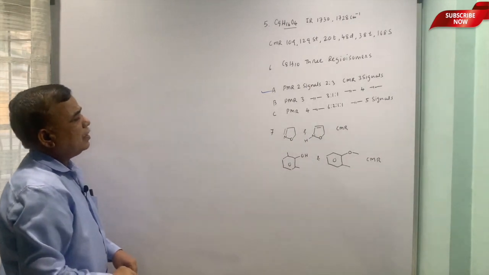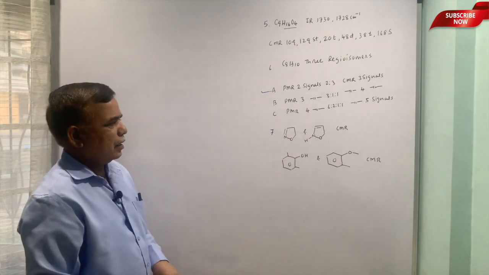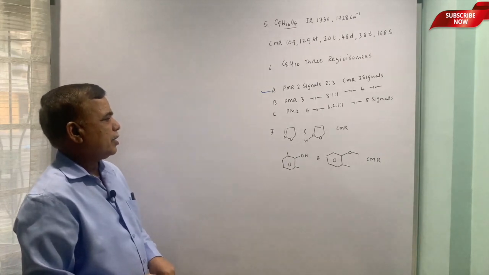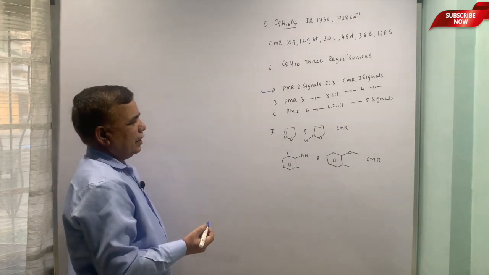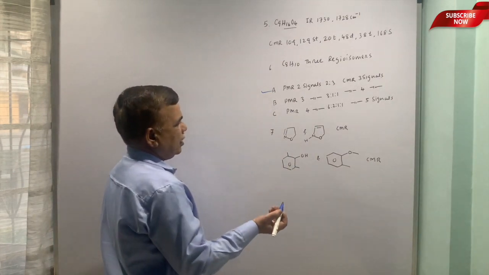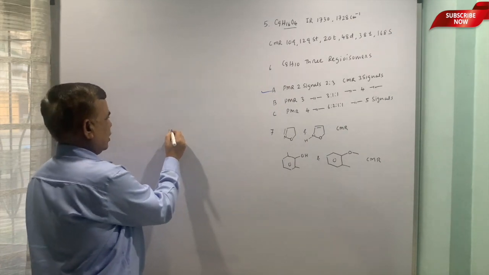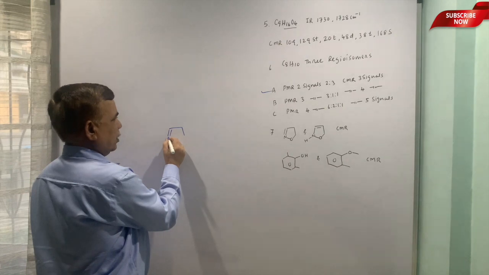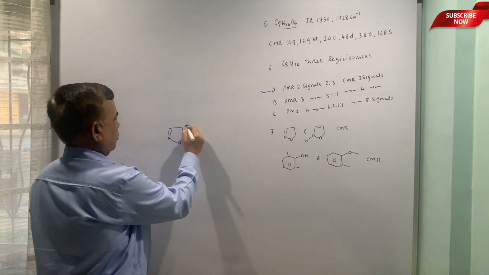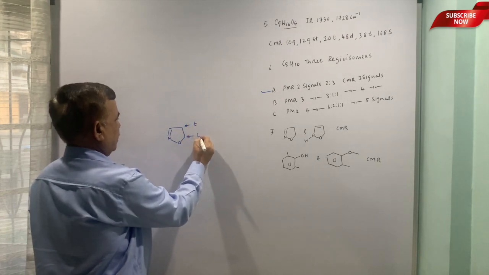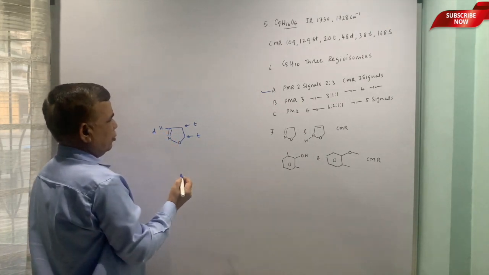Okay. Next one is a pair is given, two pairs are there, you have to differentiate these compounds on the basis of CMR. Now for CMR you have to look at the CH and CH2s. So for first compound I will draw the structure once again so that I can show it. So triplet, doublet, that should be the pattern.